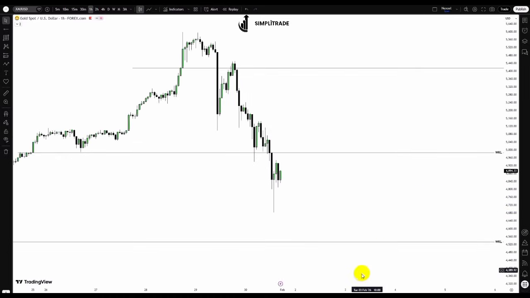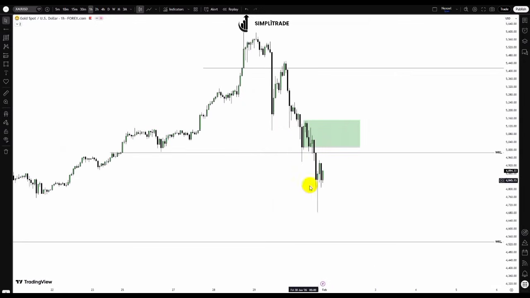What we can just see in the 1 hour is this, just above the rejection level of the weekly. Let's just consider this movement. So we have a base zone here. So for the bearish side of things, you could look forward to this. See if price gives you the bearish reason to be bearish to this level, then you can be bearish to the downside, looking forward to see if price then creates the buy model. So this is what you can look forward to see, except then price possibly just violates this, then you can catch the bullish side of things. So this is what I have to show us here in gold,